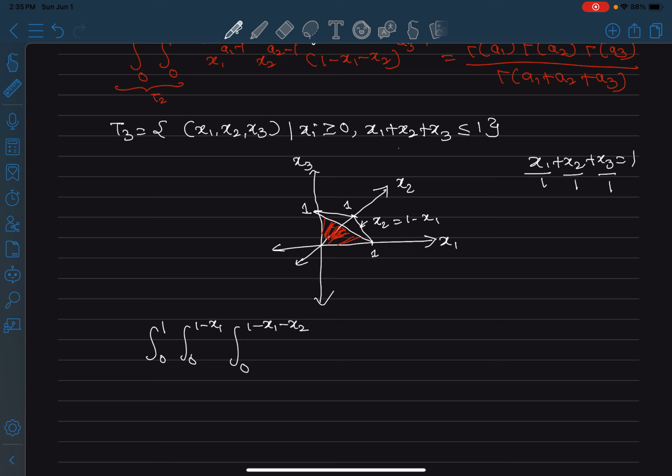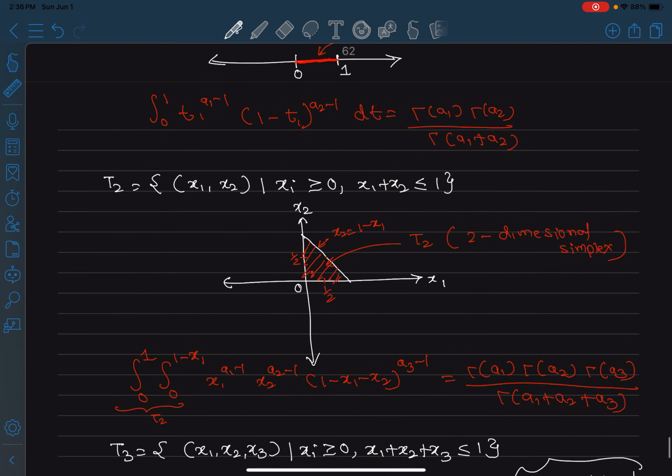Because that's given by this condition over here. And so in this domain, if we just integrate x1 to the power a1 minus 1, x2 to the power a2 minus 1, x3 to the power a3 minus 1, and then 1 minus x1 minus x2 minus x3 to the power a4 minus 1, and then